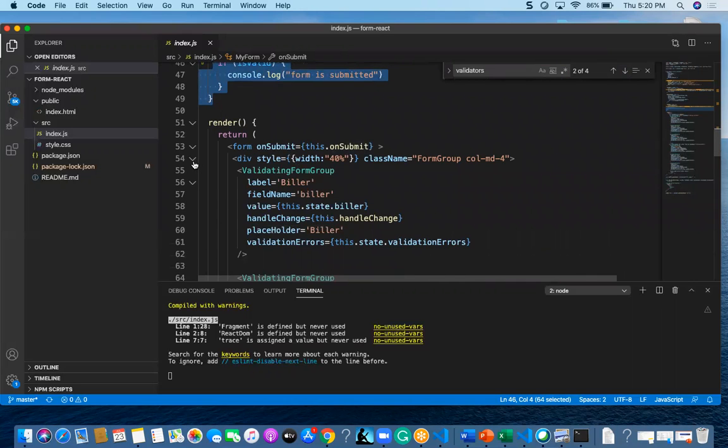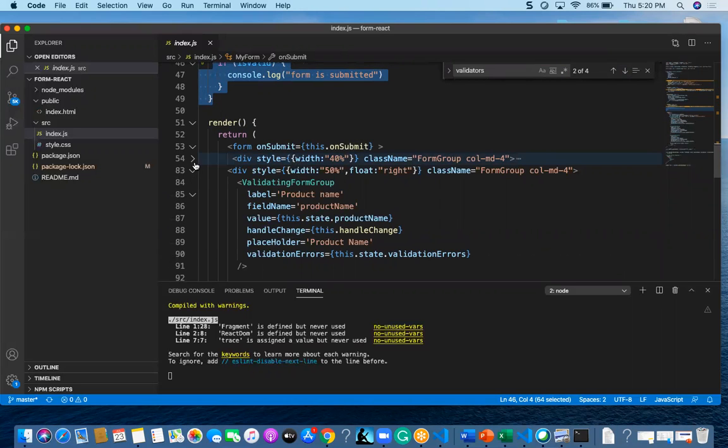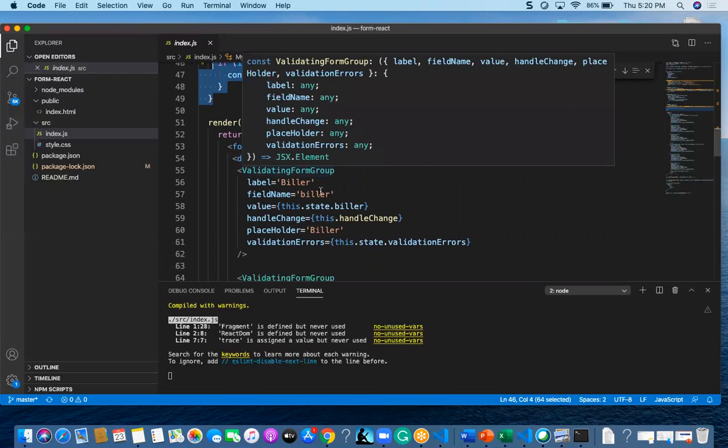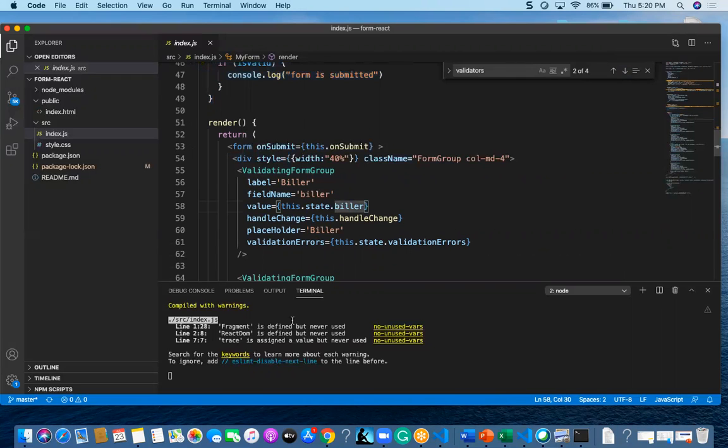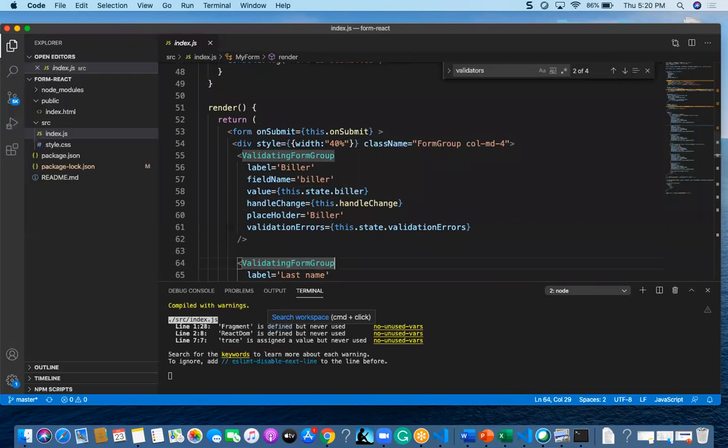Now here we are going to have a div with style width 40 and className form-group col-md-4. This is a Bootstrap class which tells that the total div is a form group.